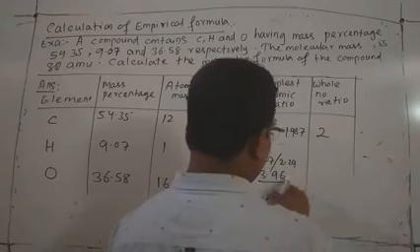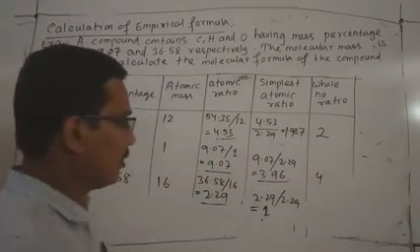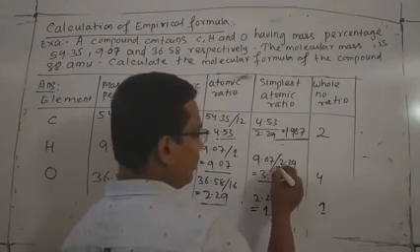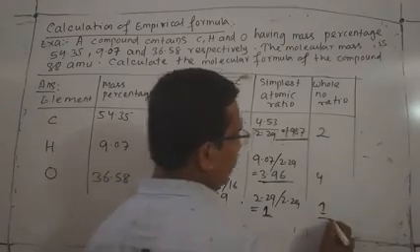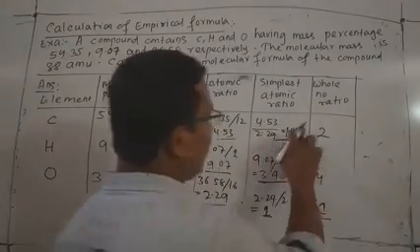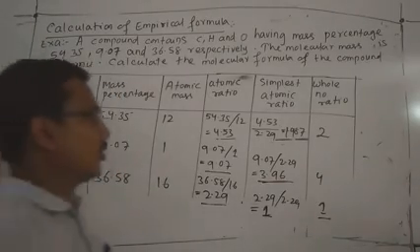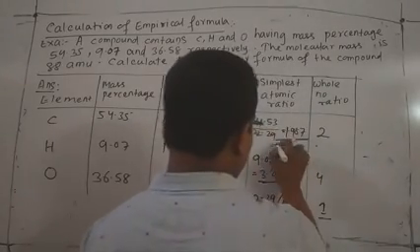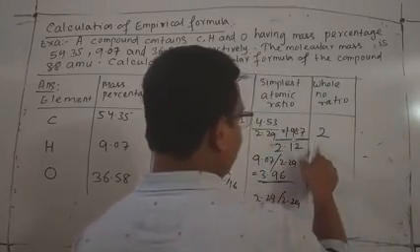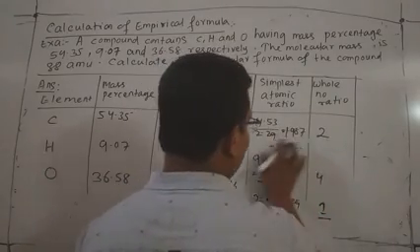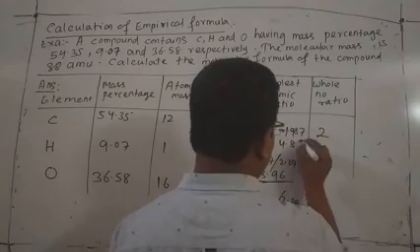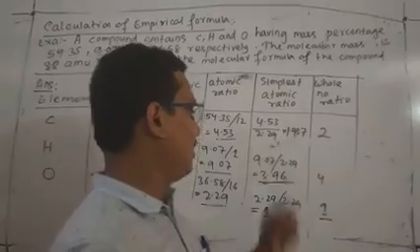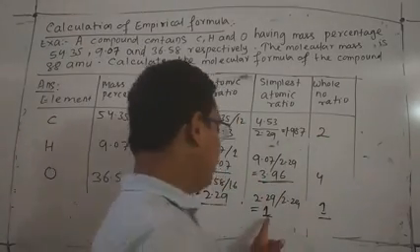Here we can write 3.96 means 4. Here we can write 1 means 1. These are the point values. It is also a point value, but it is a whole number. Our aim is to convert the point value into the nearest whole number. Suppose here 1.87 is given, then you can convert it into 2. Suppose 2.129, that is converted into 2. 4.87 is converted into 5, like this. 1.987 is written as 2, 3.96 is written as 4, 1 is written as 1.